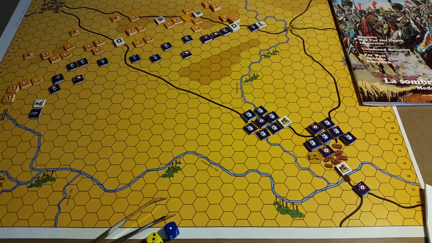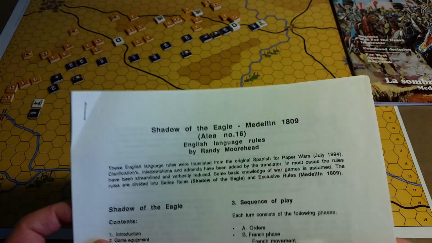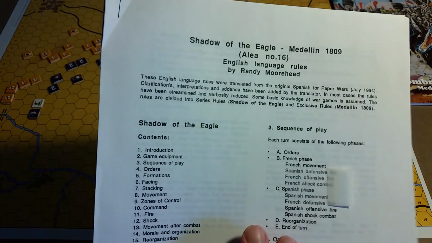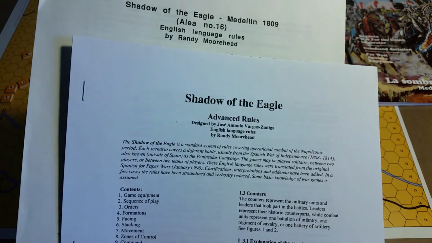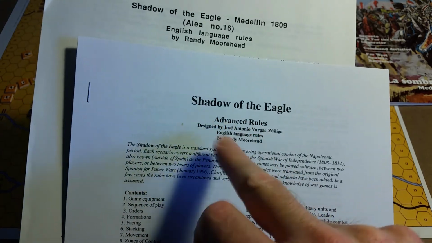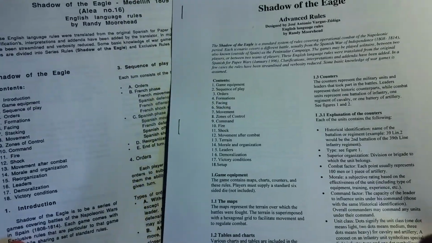The copy I purchased came with just a very simple text-only English translation, which I'm now going to concentrate on, because I went online and pulled off these Shadow of the Eagle series rules, labeled as advanced rules. I have no idea why, but they are labeled advanced rules. I didn't notice anything dramatically different between the two design-wise. However, translation-wise,